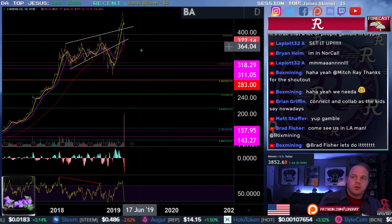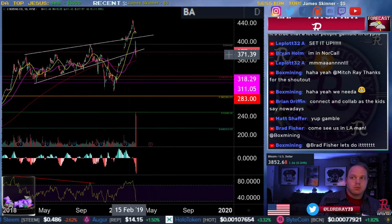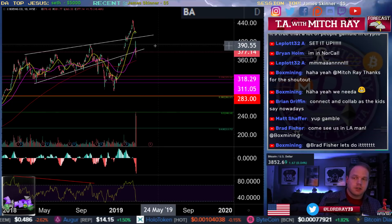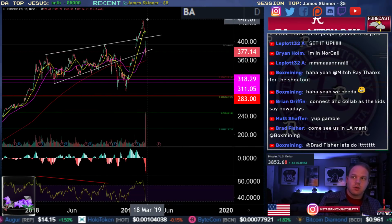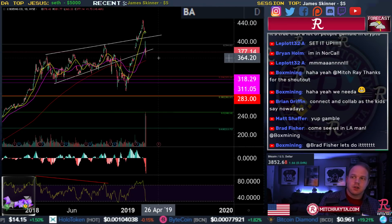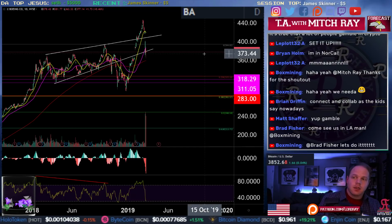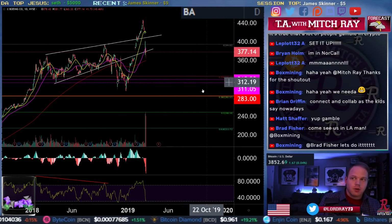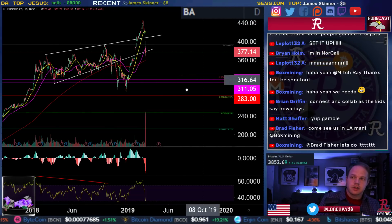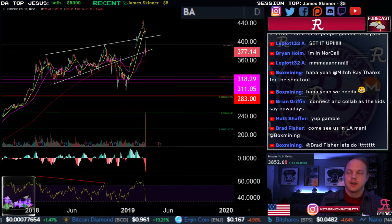So it's really hard to chart these events, like world events where planes randomly crash. That's very hard to do. You just gap down, hardcore. The highest high was 446. The lowest low is 364. Big swing right there. We've seen worse, haven't we, in crypto? I don't know. We're starting to get immune to this stuff on the stock market with the crazy pumps and dumps. Anyway,